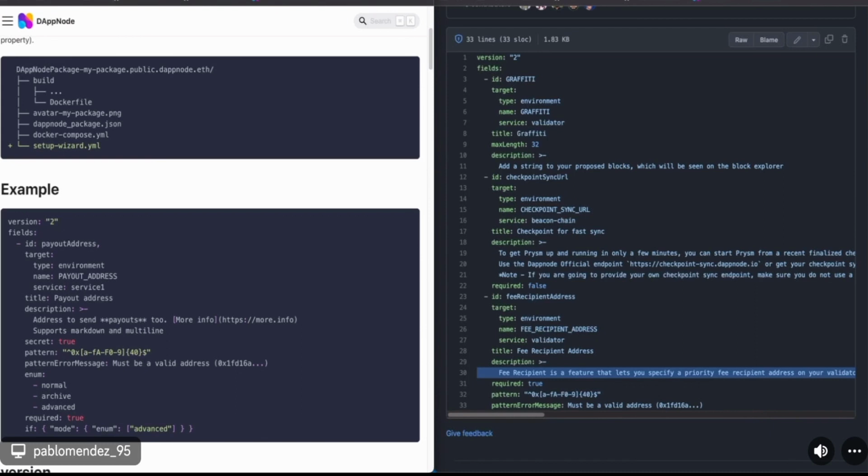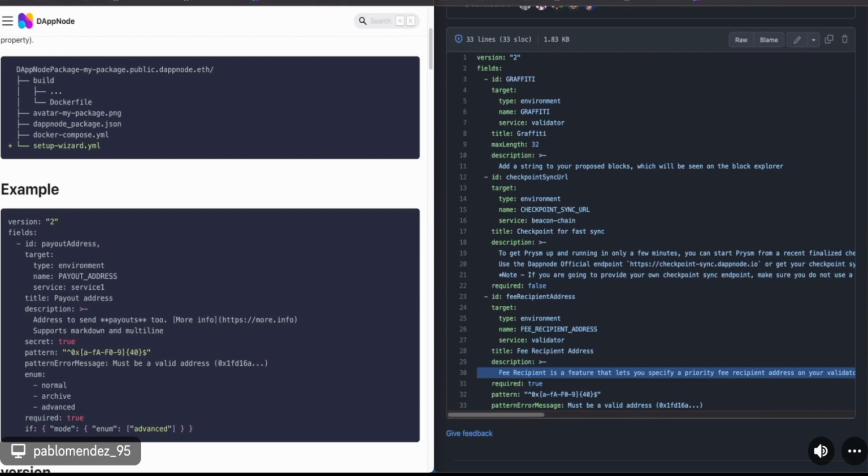But when I do some changes to the package and then execute the rebuild command, usually the package is already running on the DAppNode, right? So I had issues: when you rebuild, the changes are not being reflected on the DAppNode package.